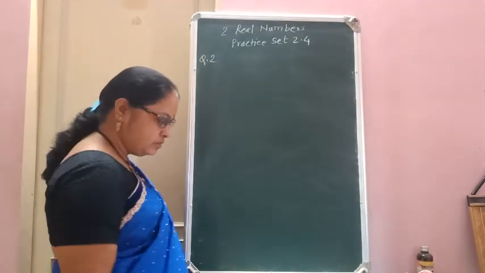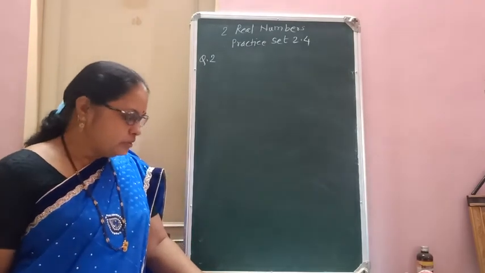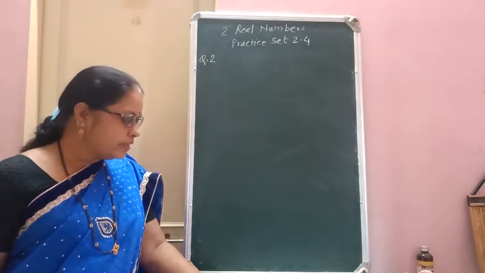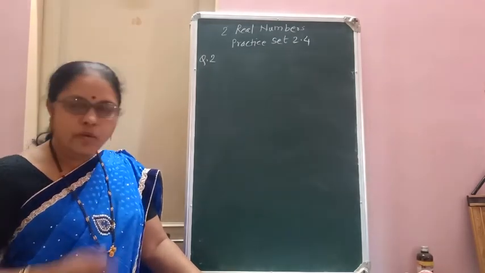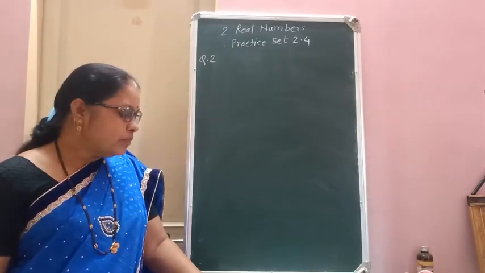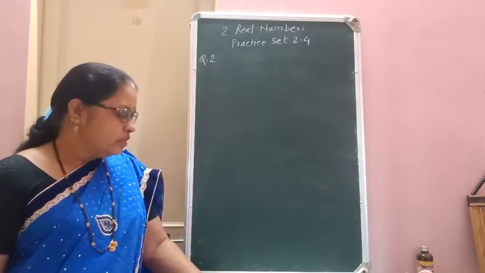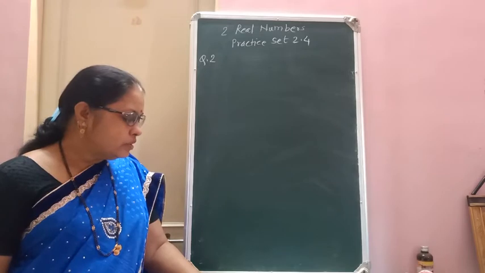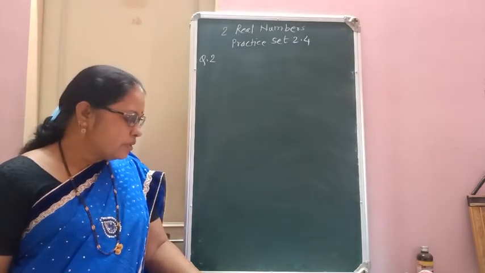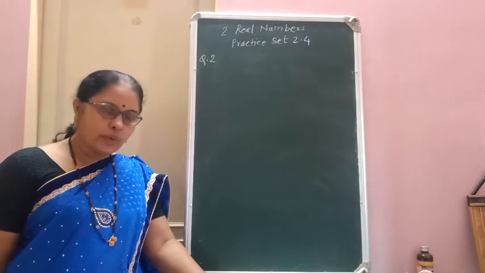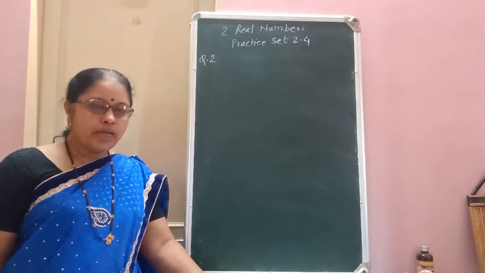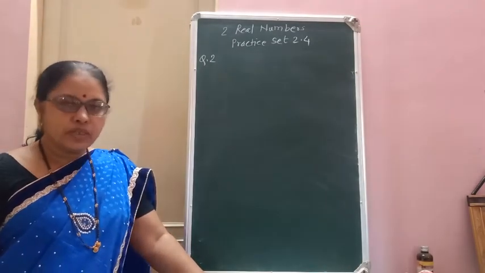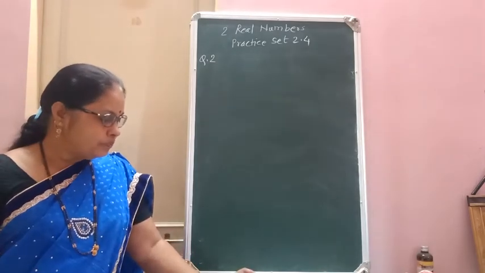In the first example, I have already told that to rationalize the denominator, if it is in the form of a binomial quadratic surd, we have to multiply and divide by the complex conjugate number of the denominator. In the first example, root 7 plus root 2 is there in the denominator, so we have to multiply and divide by root 7 minus root 2.